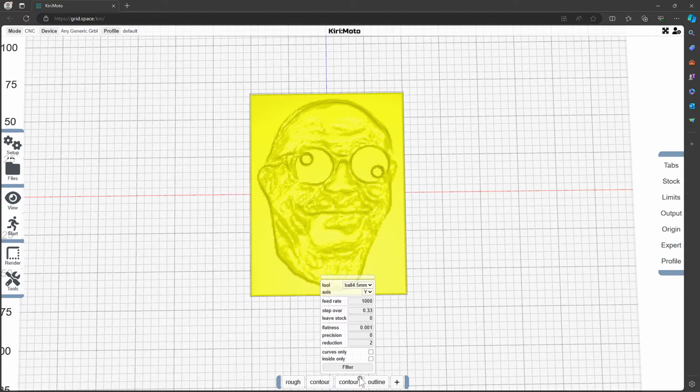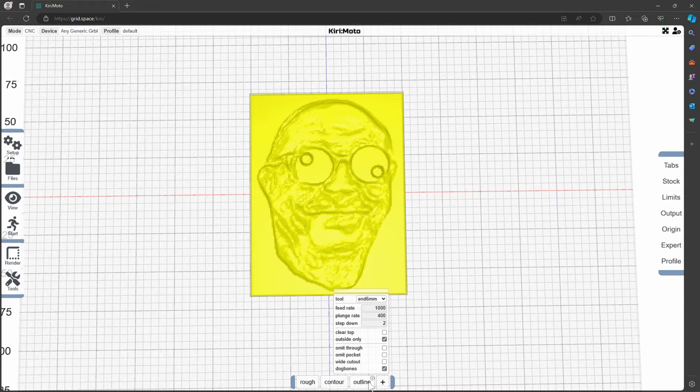Okay, I'm not going to actually select that one. You can also go around and select the outline of the workpiece, and that will route all the way around the outside to cut it out from the workpiece. I'm actually going to disable that in my run, and also I'm going to make sure that the origin is set to the